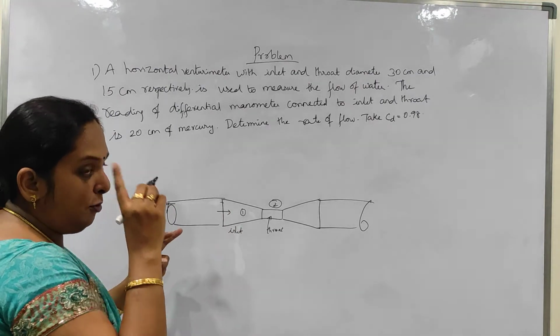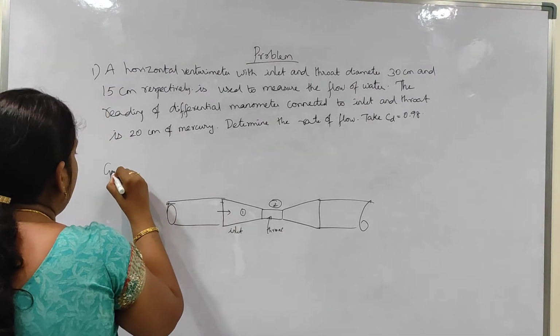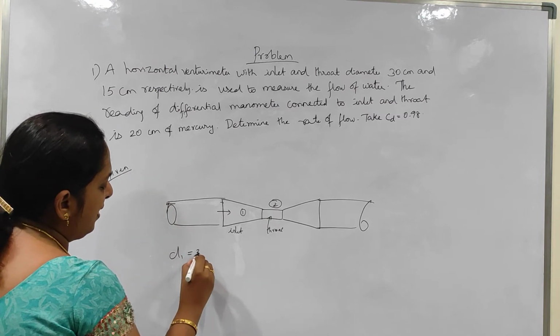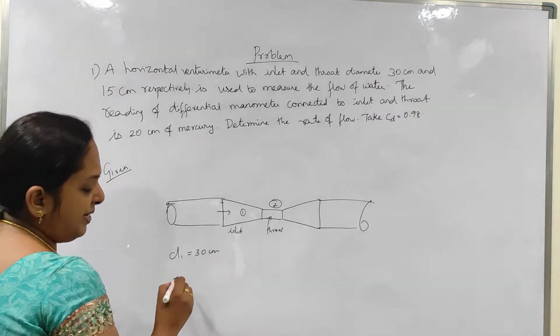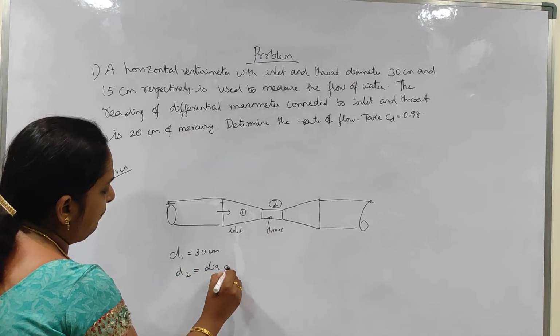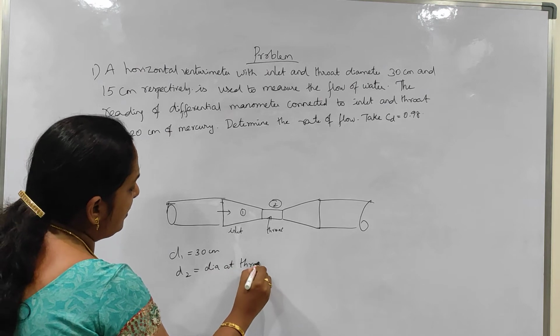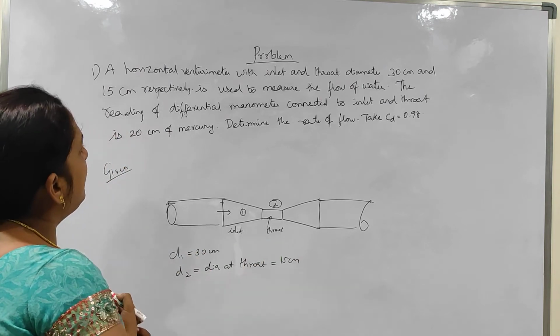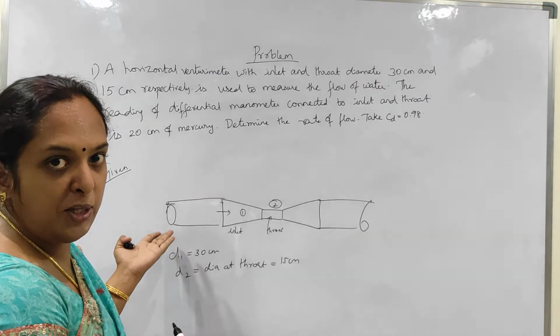Okay, so this is connected to the pipe. Now what is given here: D1 is 30 centimeter, that is the diameter at the inlet, and D2, the diameter at the throat, is given as 15 centimeter. This venturimeter is used to measure the flow